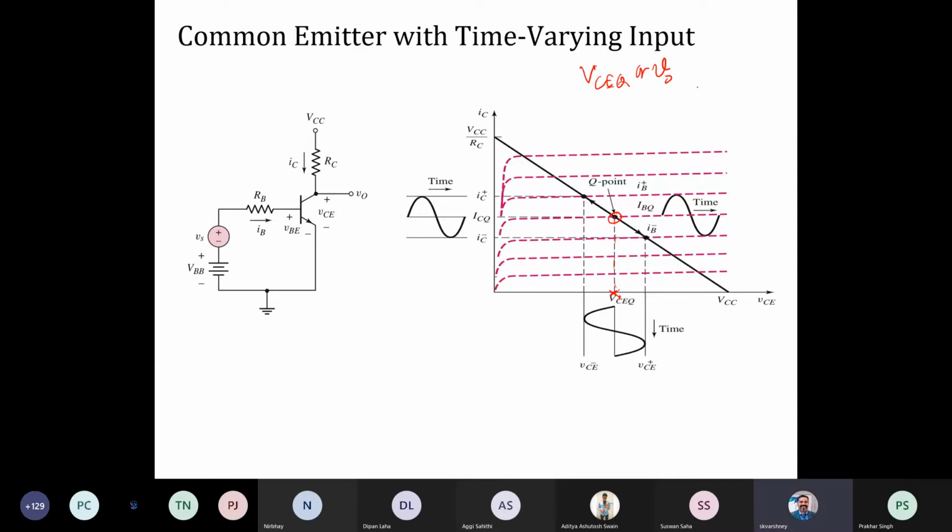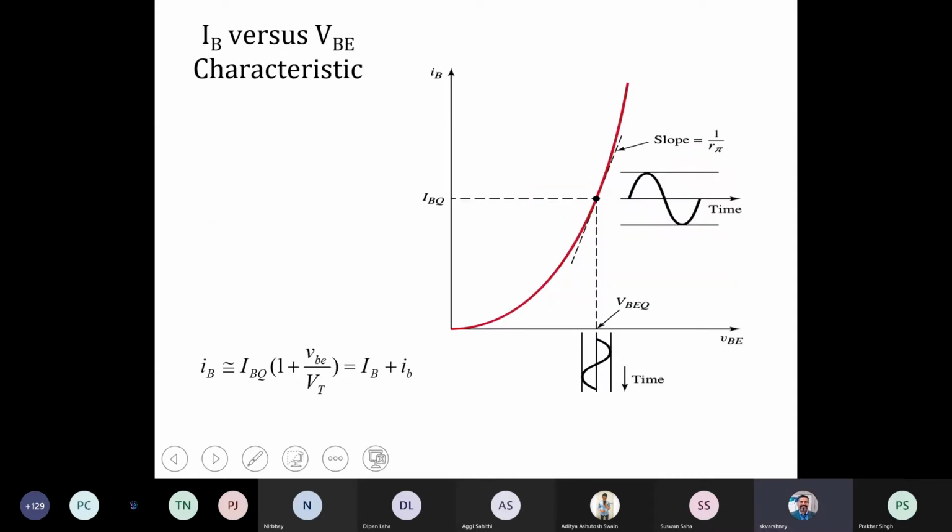If you look at the input characteristics now, IB versus VBE, since we have applied a voltage, we can express the total IB as